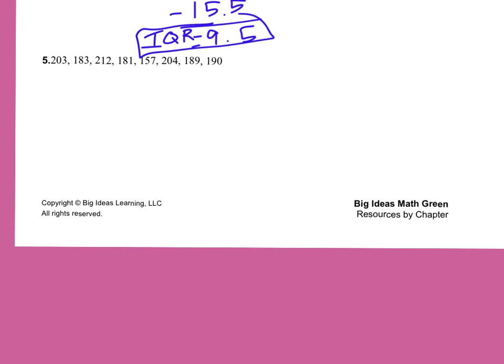So I'm going to look at my set of data on this last one, and it looks like 157 is my smallest number. Then it looks like 181 is my second number. Then my third number looks like 183. Then we have a 189. Then we have a 190. Then it looks like 203, 204,